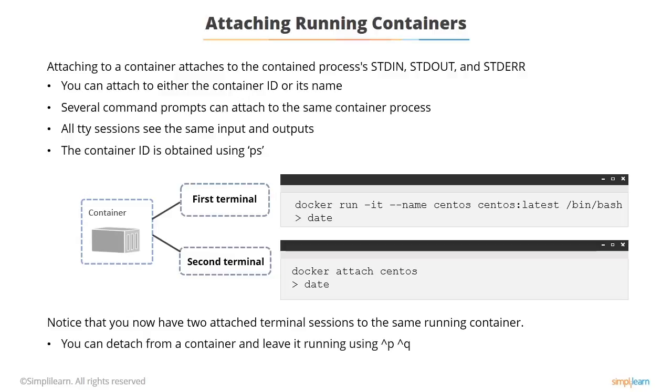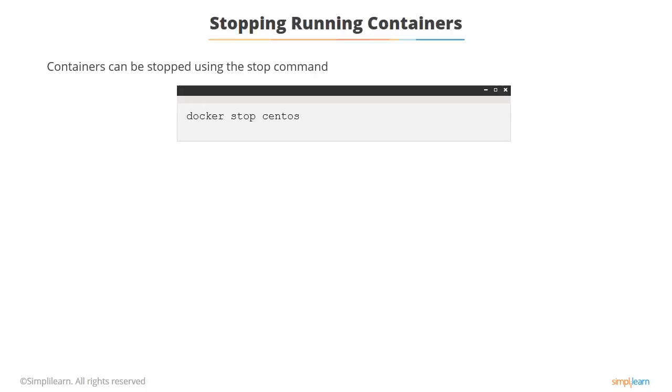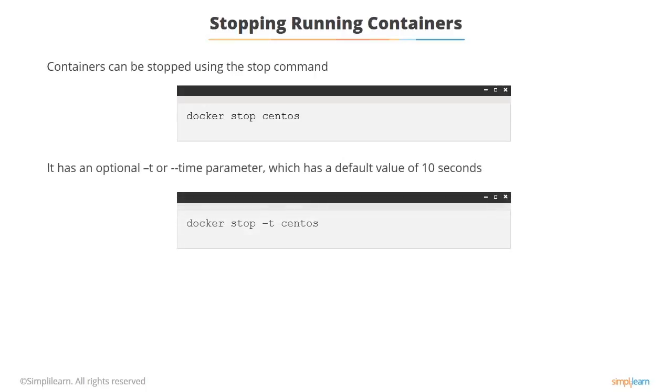There's docker stop for terminating containers. You can optionally give it a time interval. The main process, process ID 1, which is the main application started in the container, gets a TERM signal, and then after the interval it will get a kill signal to make sure it goes away.